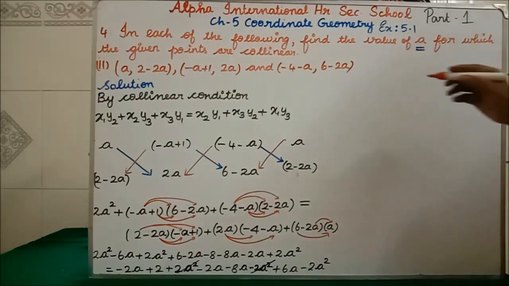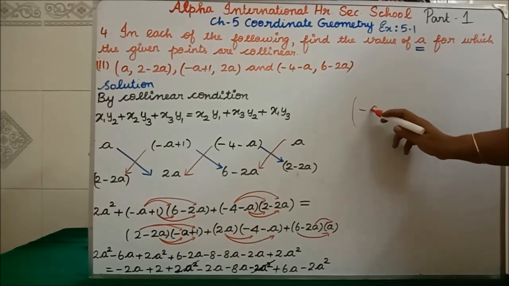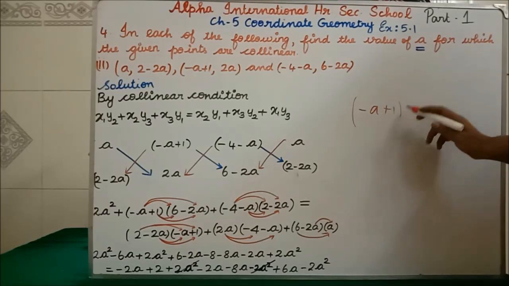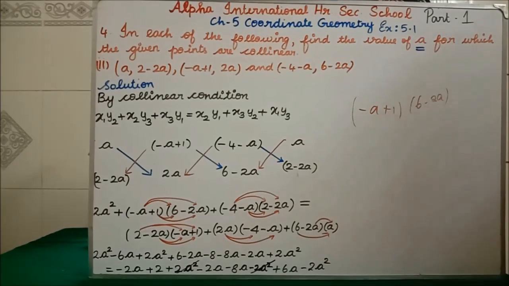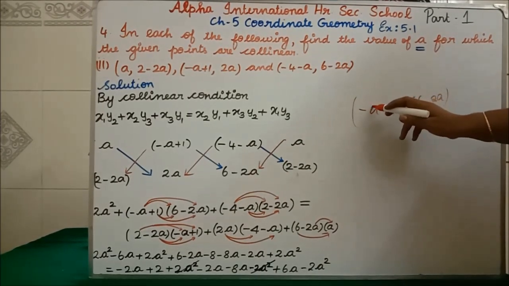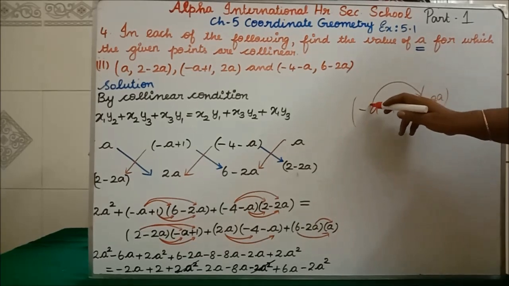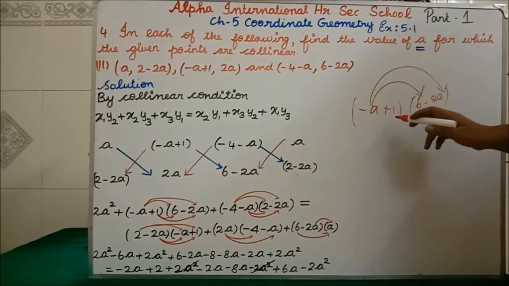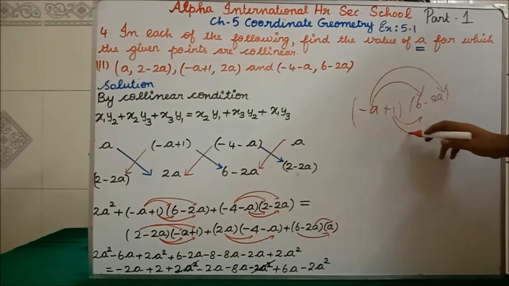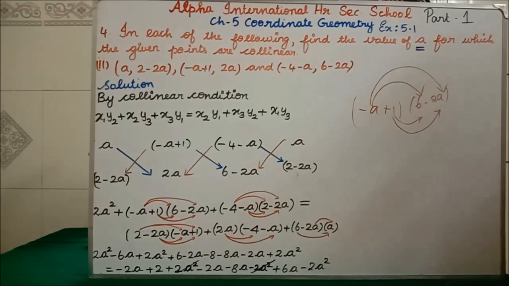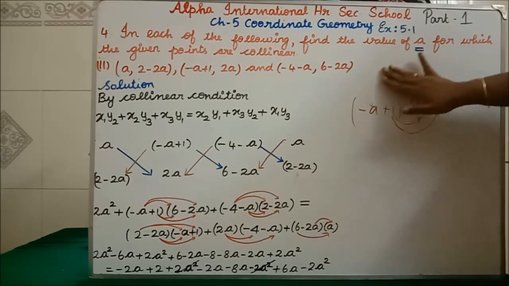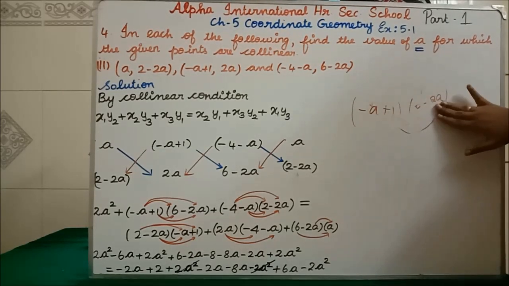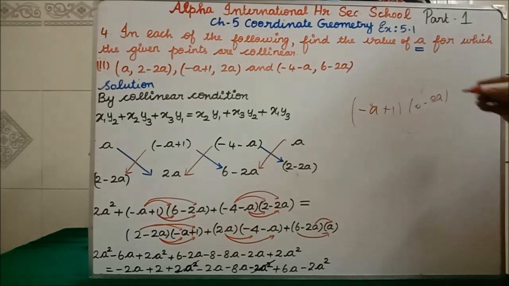How we are going to solve that is, I will separately solve a plus 1, here 6 minus 2a we are having. Isn't it? Now first you are going to multiply a with 6, then a with minus 2a, then 1 into 6, then 1 into minus 2a you are going to do. Clear? Now don't draw the arrow mark first itself. For your understanding I have drawn here. You no need to draw in the first itself. Now I will explain with each step.